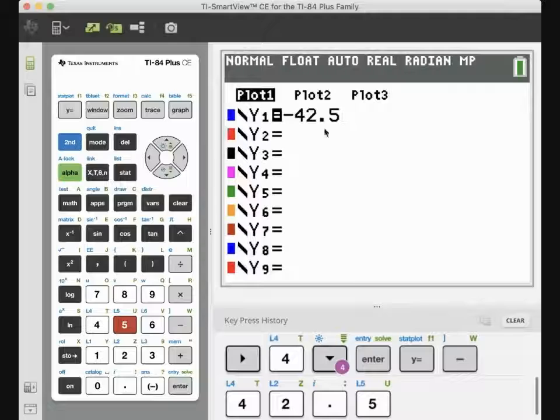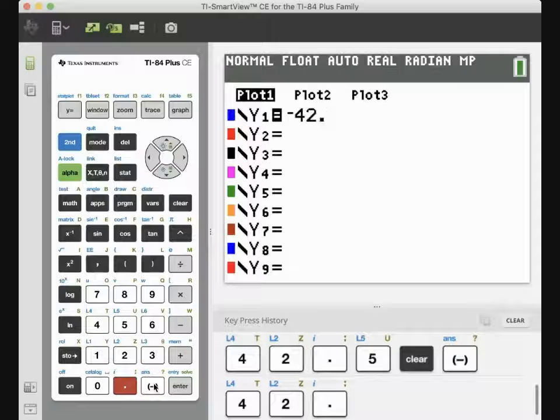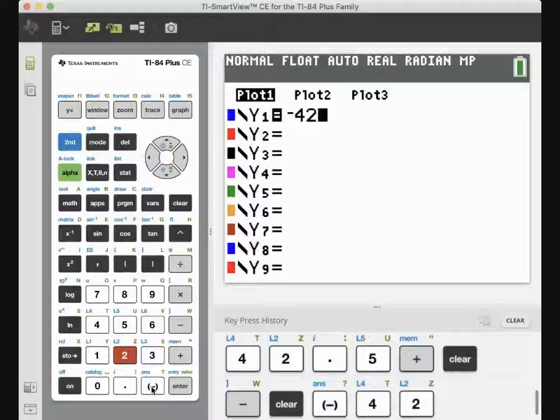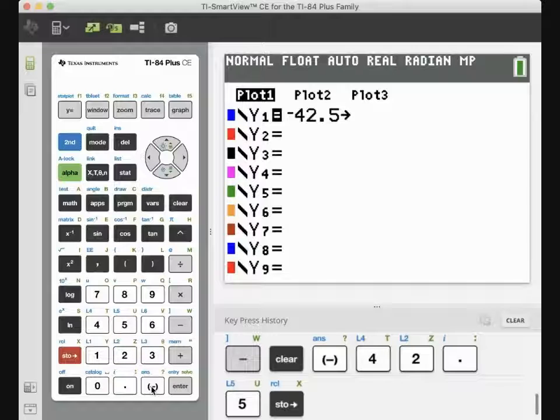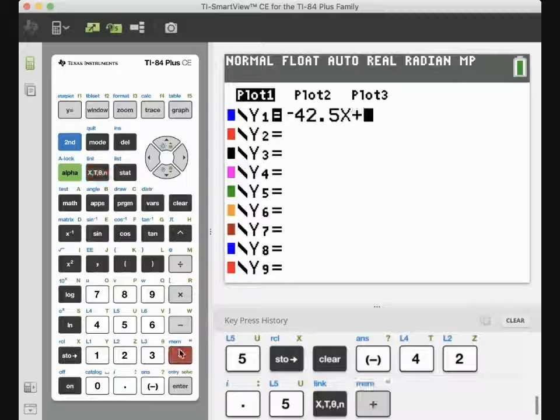And, oh wait, I put minus. Let me delete that. Okay, 42.5 plus, oh, excuse me, x. No. Sorry, guys. Negative 42.5 x. Oh, I keep doing this. Sorry, I'm trying to type on my keyboard, and it's just not having the same effect as me punching it into the calculator itself. Plus